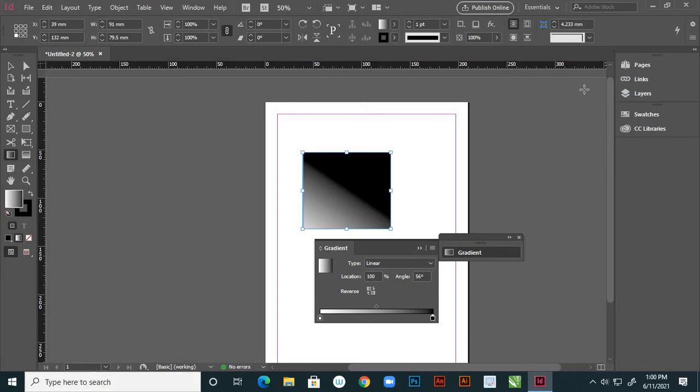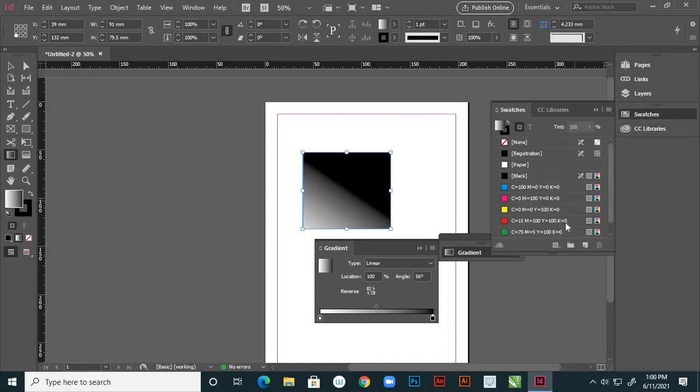So see there, the panels are there. You can choose swatches. So these are all your swatches. Here what you do, select your desired color.